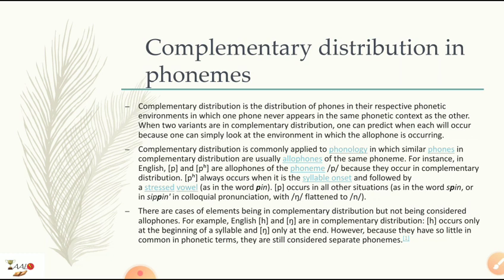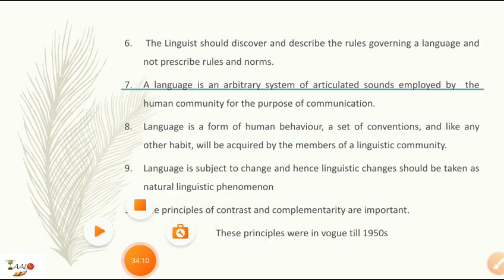But they are not allophones because they are two separate phonemes. H and ng are two separate phonemes. Hence, they cannot be considered as allophones or variants of the same phoneme. I hope that it was clear. If you have any doubts regarding complementary distribution, I'll be sharing another video with you so that it would be made clear. So again, moving back, in the case of language, the principles of contrast and complementarity are important